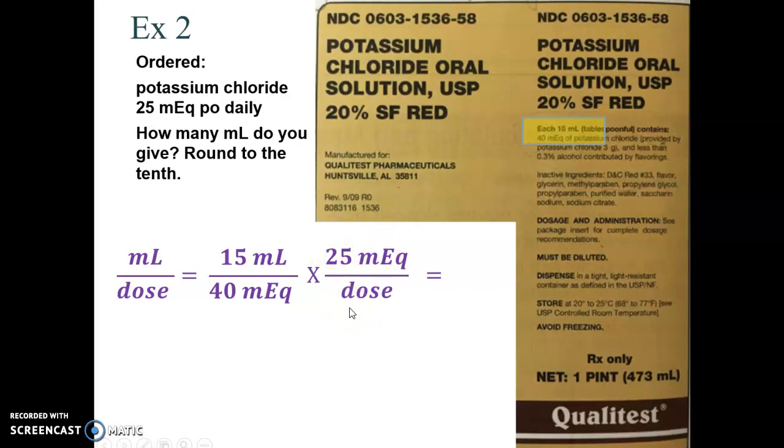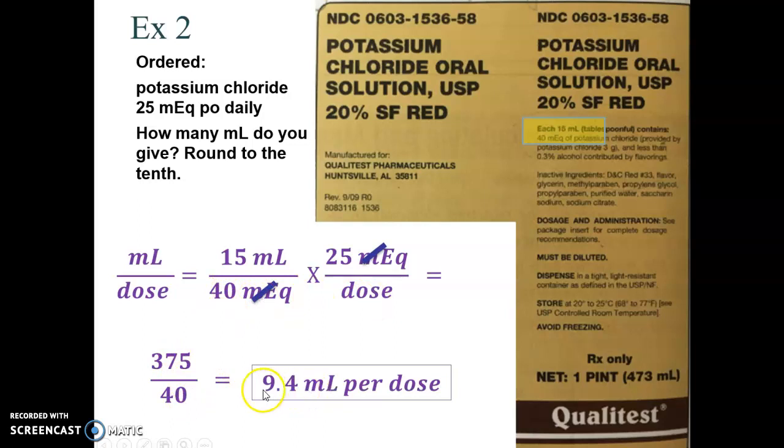Now, check your units before you start doing your math. Make sure you've got everything you think you might need. The MEQs get to cancel. You have milliliter on top, dose on the bottom, which was our desired answer. So we are ready to multiply. 15 times 25 is 375. And on the bottom, we just have the 40. So when we divide those numbers, I wound up with 9.4, because I'm rounding to the tenth, 9.4 milliliters